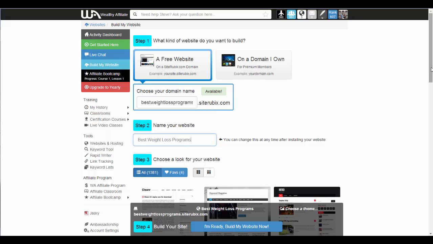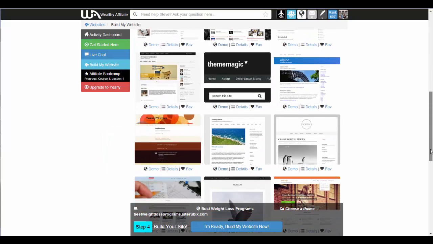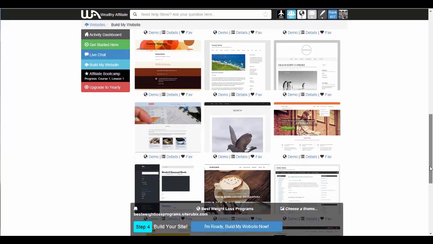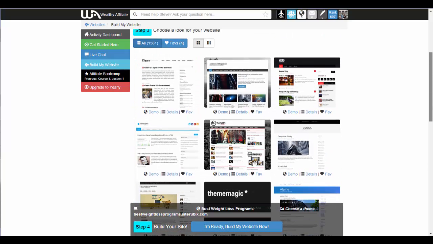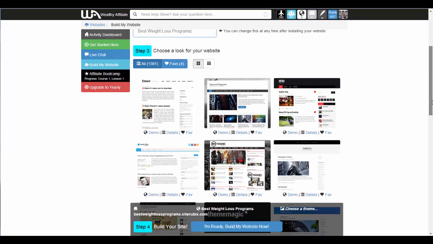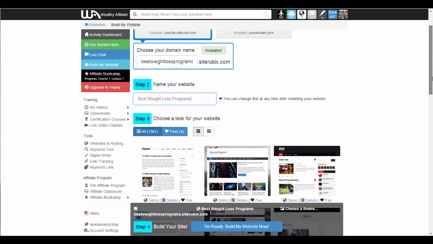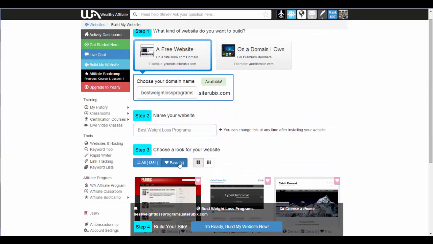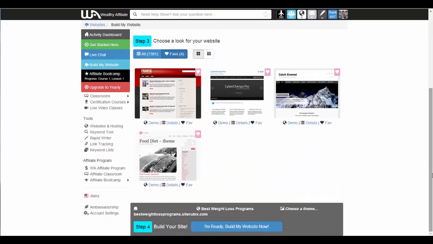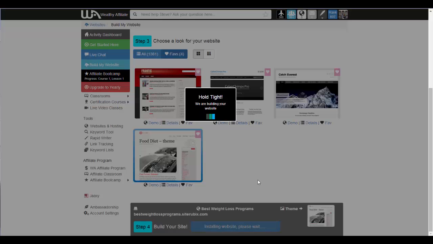And then down below there are literally hundreds of website templates you can choose from to fit the theme of whatever kind of website you want to build, and most of them are really customizable. You can play around with colors and backgrounds and all kinds of things, but for this example I'm going to choose one that I have as a favorite for weight loss and dieting programs. That's called the Food Diet Theme. So I'm going to click on that, and I'm going to click I'm ready, build my website,